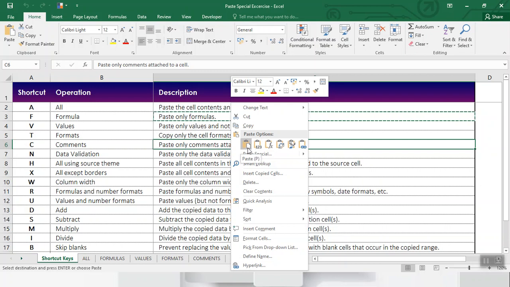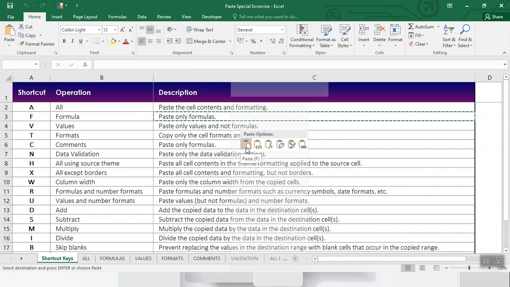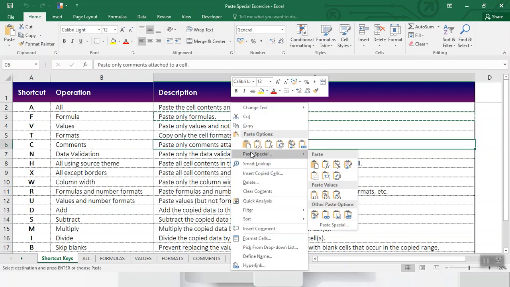These are the six most popular paste options. When we start hovering over the paste special item in the context menu, a fly out menu will show up offering 14 more paste special options.